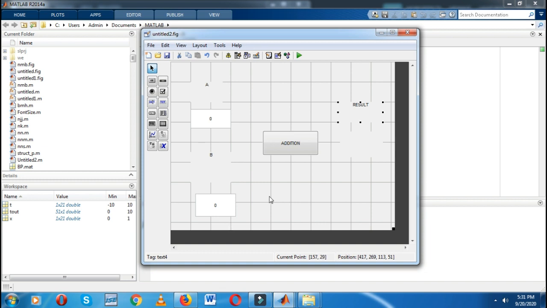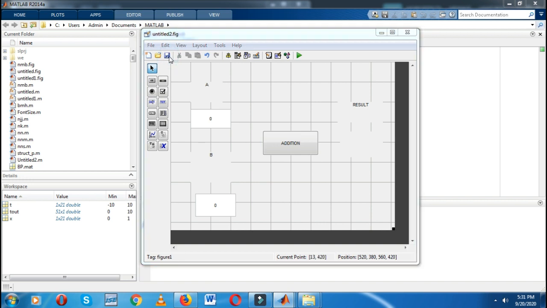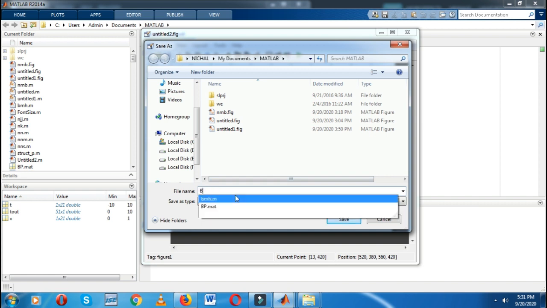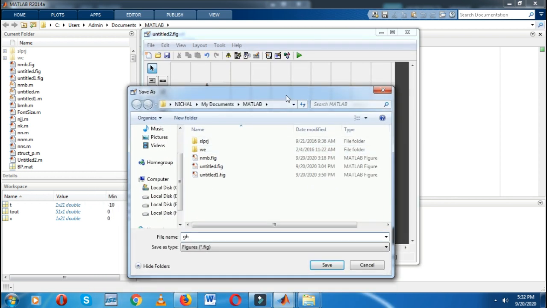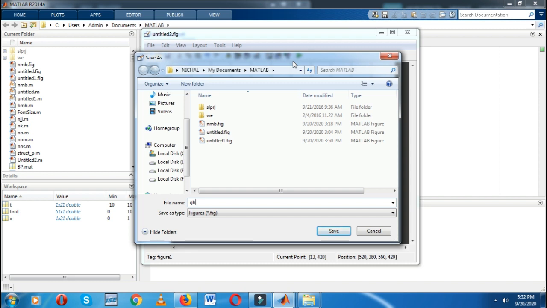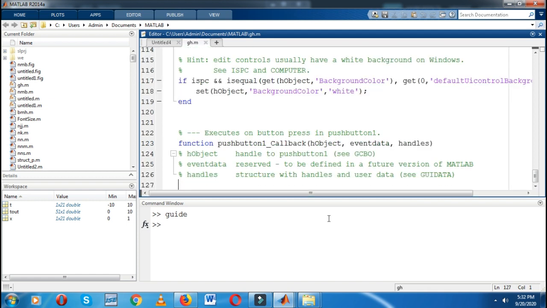You can give any name as per your choice. In a graphical user interface, this part will be saved with .fig, that is a figure, because we know that in MATLAB whenever we save a program it comes as a .m file, but in a graphical user interface it will come as a .fig file. So whenever we save this file, automatically one .m file